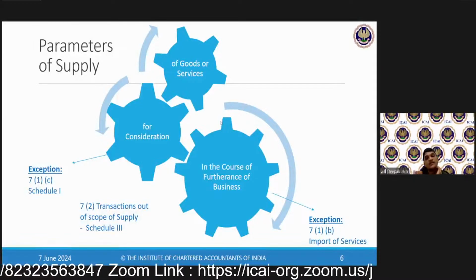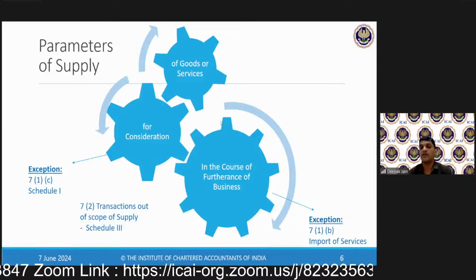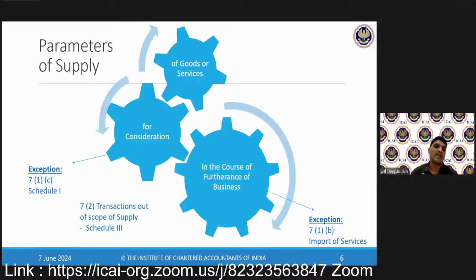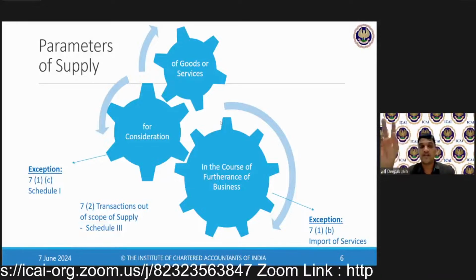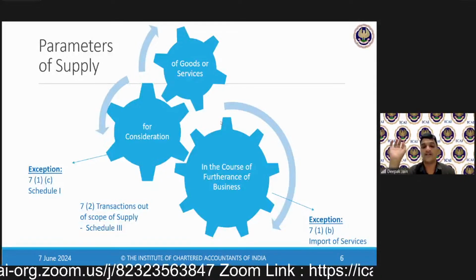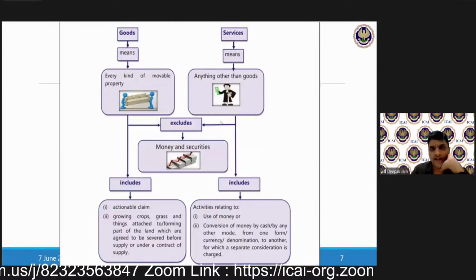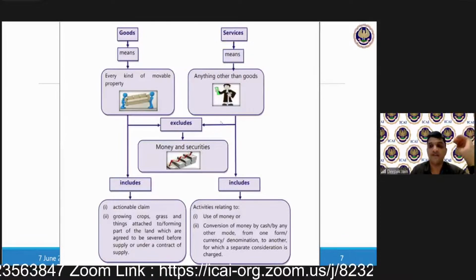Schedule 2 is a classification schedule कि जहाँ पे आपने supply establish कर दिया है, फिर उसका बंटवारा करना कि goods क्या है, service क्या है, वो Schedule 2 बताएगा. फिर Schedule 3 क्या बताएगा? Transactions which are outside the scope of supply, जो Schedule 3 में रहेगा उसके ऊपर GST नहीं लगने वाला है. ठीक है? Now, before getting into each and every subclause, let us understand the important definitions.